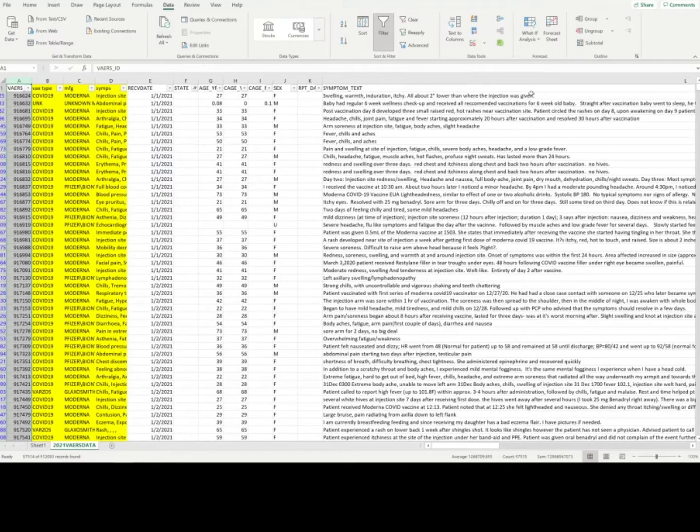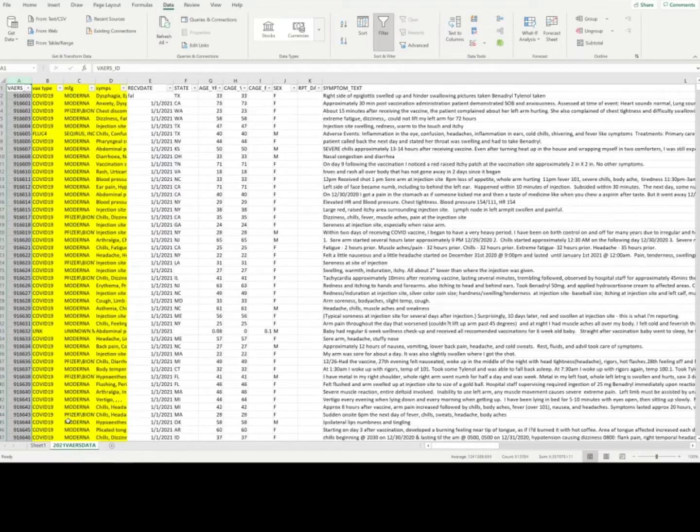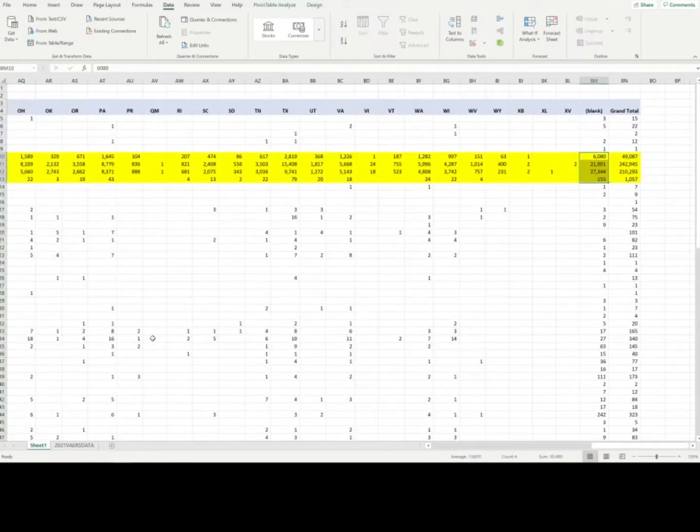And does that matter? No, it doesn't. In the grand scheme of things, let me clear that filter out. Of the 512,000 adverse reaction